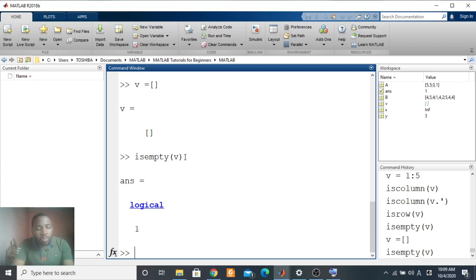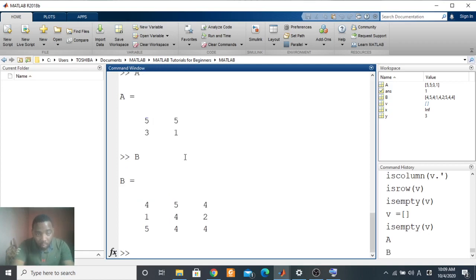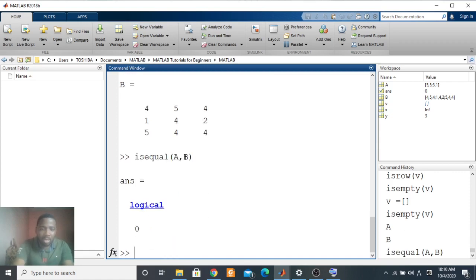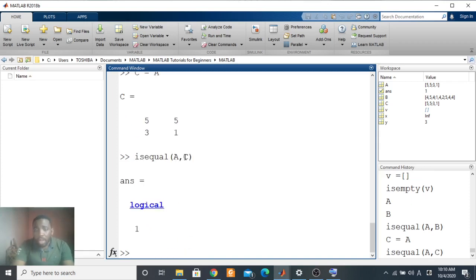You remember we had a certain A and a certain B. Let me transform that B. But we wanted to check at that point whether A, for example, was greater than or equal to B or something like that. There is a function that enables us to do that in MATLAB. You can say isequal A, comma B, and that gives you 0 because A is not equal to B in this case. But let me create a variable C and say C is equal to A. Now I'll say isequal A and C. That gives me 1.